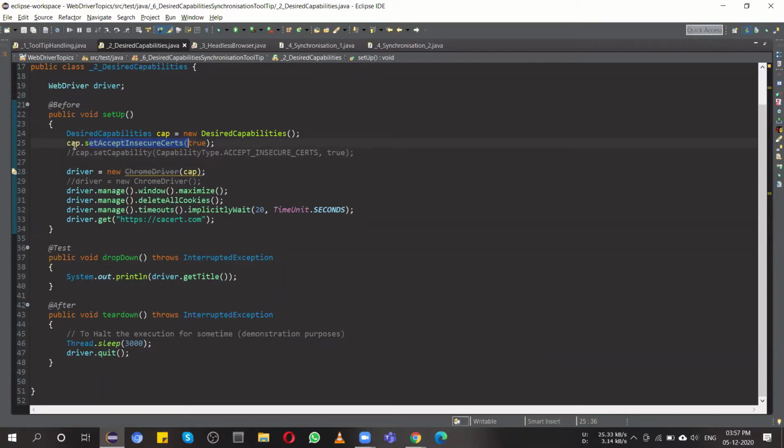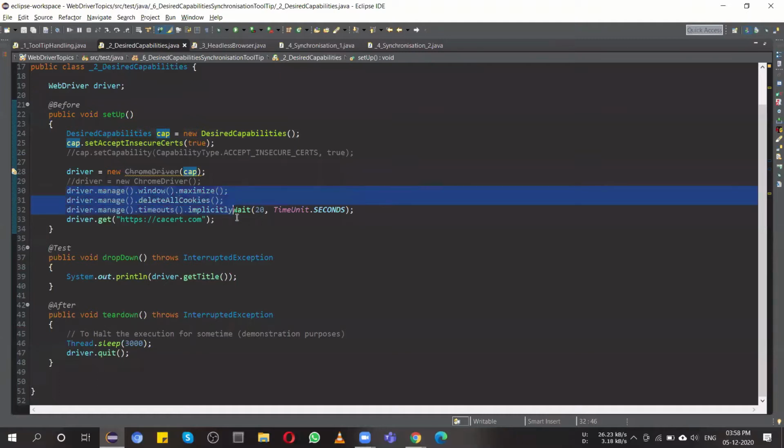And this cap you have to give to the constructor of the ChromeDriver, or whichever browser driver you are using. So driver is equal to new ChromeDriver, and inside the constructor you give the reference variable of DesiredCapabilities, which we set to accept insecure certificates as true.